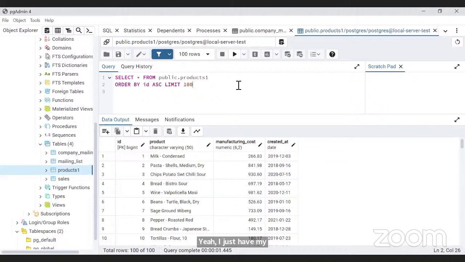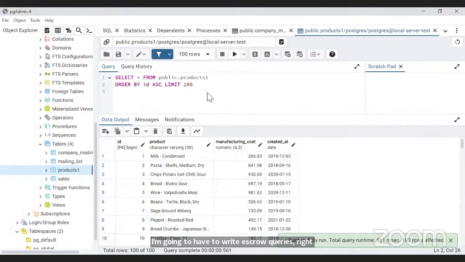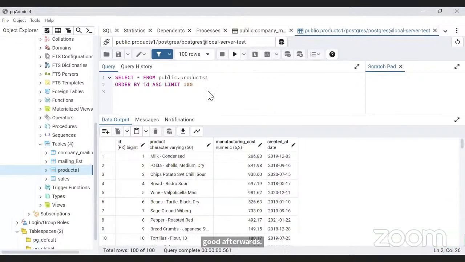Now, ideally, if I want to query this database, I'm going to have to write SQL queries, right? For example, I want to run this, limit by 100. Maybe I want to find out the minimum cost, the maximum cost. I'm going to have to write a query for this.